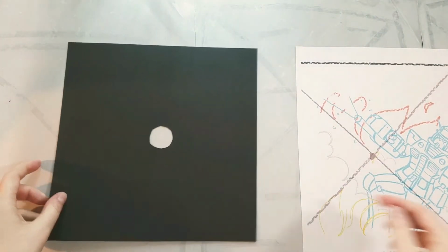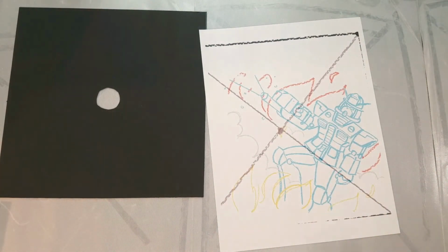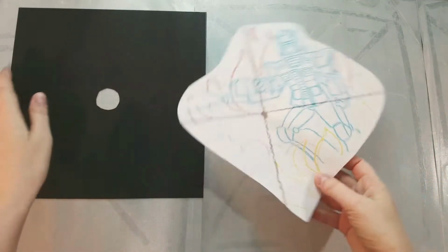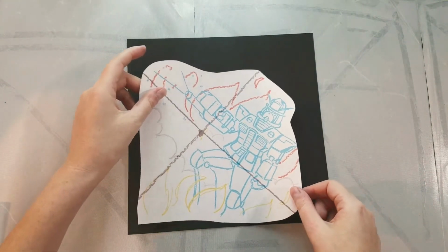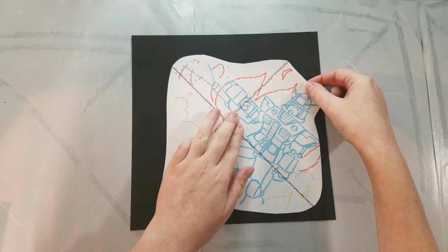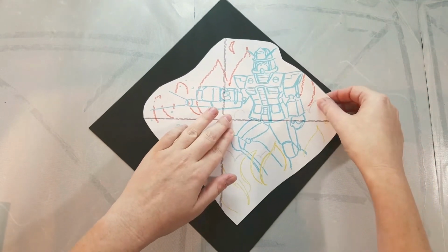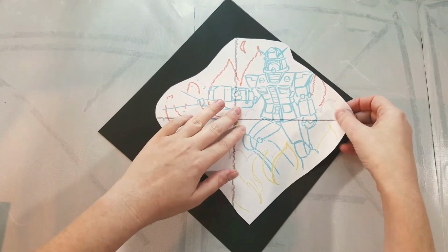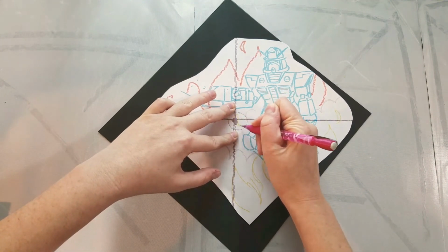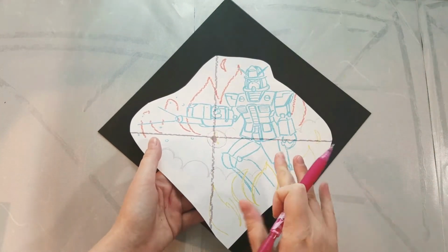Okay, so we have our hat. We have our printout. One of the first things we need to do is we need to cut it out. Trimming that excess paper has two purposes. It allows us to place our image, and it also means we have less that we have to do a graphite transfer on. So what I want to do is I'm going to figure out where the hole is going to be, and then I'm going to use the pencil on this side, and I'm just going to really roughly draw them in because it's not actually that important. It's just important to know where it is, and that's why when I did my initial sketch, I planned for it,